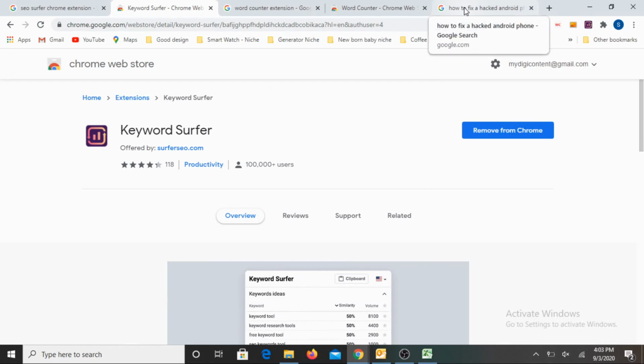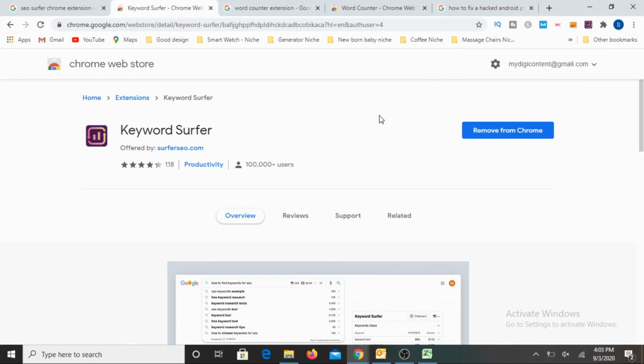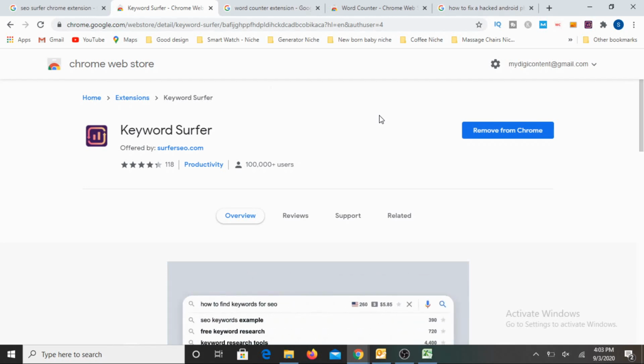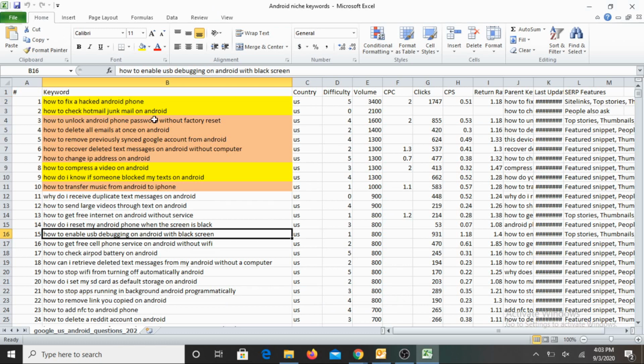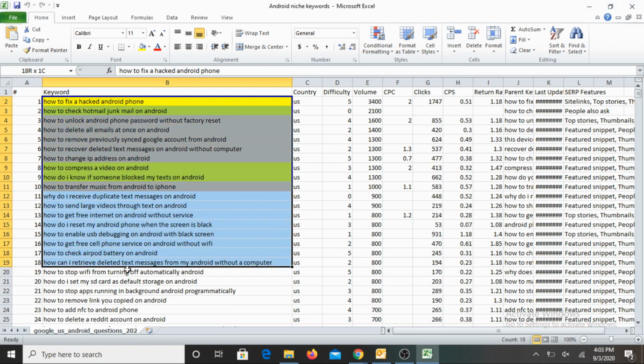I'm going back to the same Android keyword analysis that we did a couple of weeks back, I believe. If you have not watched that video, go ahead and see it. It will be very handy for you, whichever niche you are analyzing, after finding out the keywords. So this is the spreadsheet I used for the Android keyword analysis.